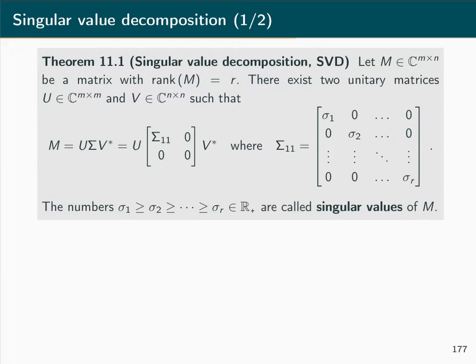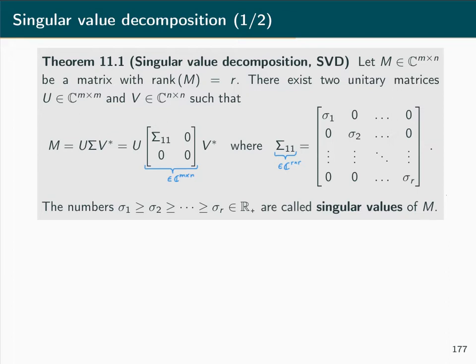And these values, sigma 1 through sigma R, are called the singular values of the matrix M. Note that by the fact that U is an m by m matrix and V star is an n by n matrix, this matrix here must be an m by n matrix, and sigma 1,1 is obviously an R by R matrix. Moreover, the real and positive singular values can be arranged in such a way that they are